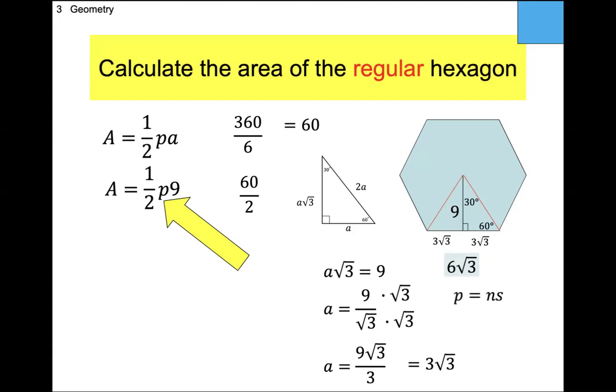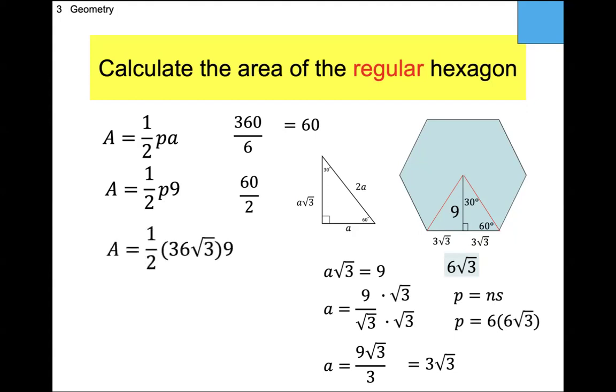Perimeter is equal to the number of sides times the side length. The side length is 6 root 3. So 6 times 6 is 36. So I get 36 root 3, right? That's my perimeter. So I'm tossing back into my formula with 9 as the apothem, 36 root 3 as the